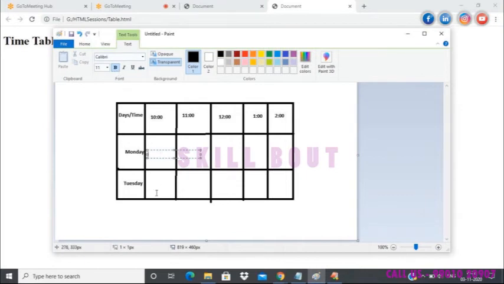Now see this, these two things refer to the important section of the table, which provides us the significance about the rows and the table. So if I talk about the first column, the days refer to the days which I'm trying to add into the table, whereas time here refers to the first row of the table where I have given some time. Okay, now I'll just remove this bold and I'll add the content like maths,